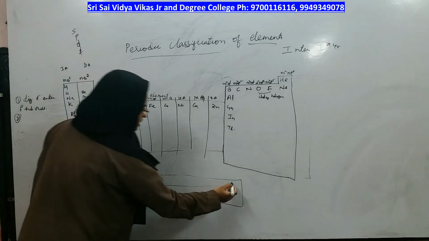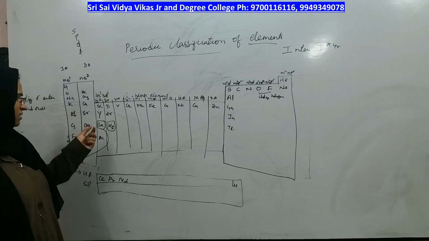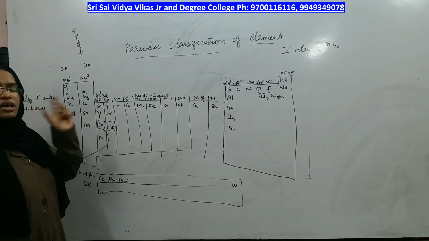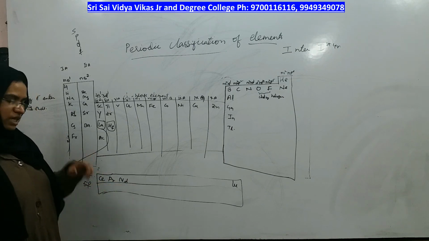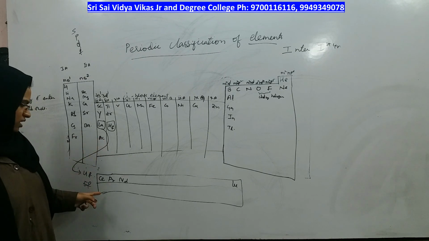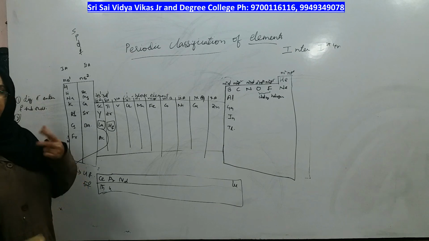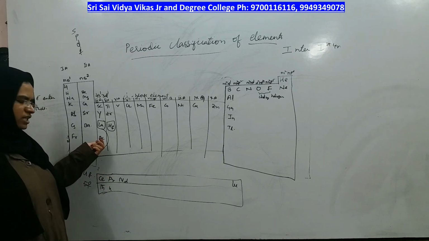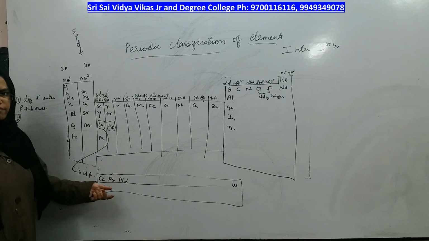Cerium till lutetium, right? From cerium till lutetium, the elements which come after lanthanum are called the 4F series of the F block elements. Same way, after actinium, the next elements which come are thorium, uranium, like that. The next 14 elements come after actinium, and therefore they are coming under the 5F series of the F block elements.